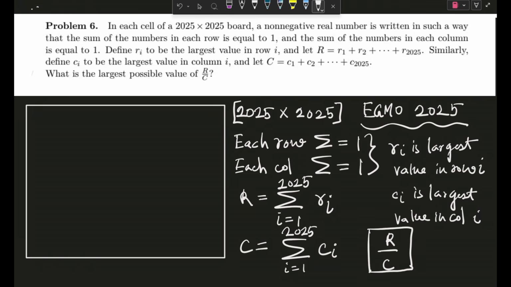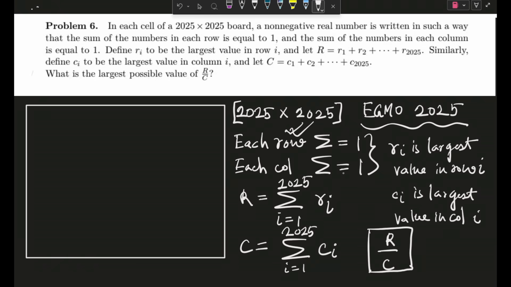Okay. So guys, first thing is, think a little bit. When the rows and columns are summed individually, each row sum and each column sum will be 1. So what is the first instance that can come to your mind? The first instance when I think of each row summing to 1 and each column summing to 1, then